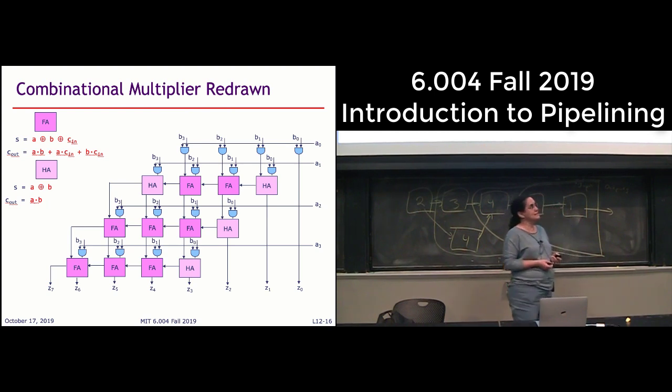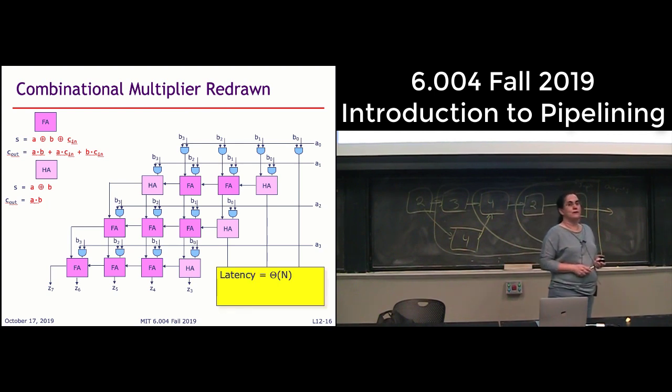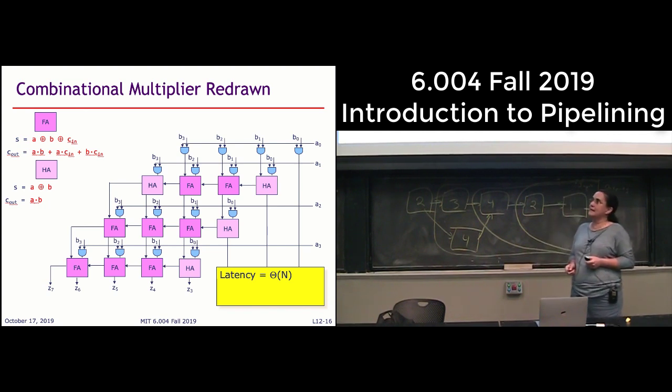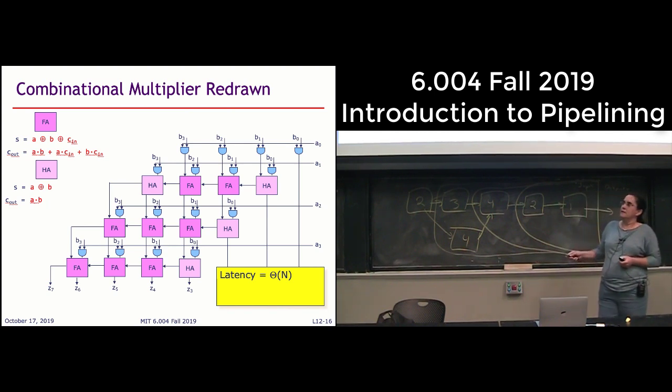Well, it turns out that it's much less than order n squared, which is a good thing. And it's actually order n. So let's first try to understand why that's the case. So let's see what happens. Well, in this circuit, what's happening is that it does take order n to do a single addition, or basically one row of this circuit. However, notice that because of the overlapping of the columns, this addition can start as soon as this one's done. So I don't have to wait for the entire first row to be completed